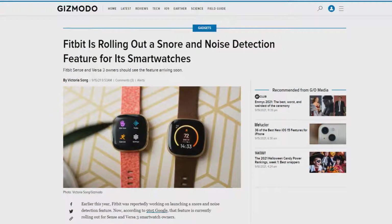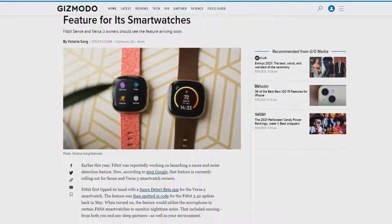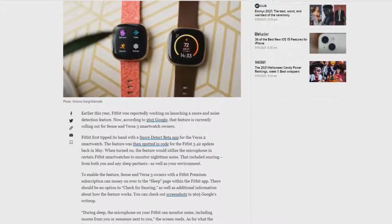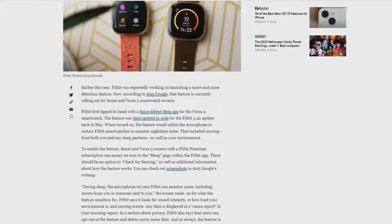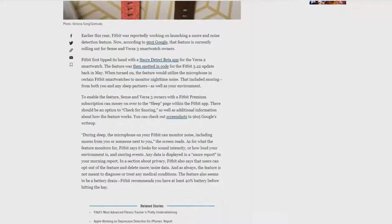They just simply die because of a lack of hypoxia. Yeah. So anyway, it's incredibly important, and that is why I'm happy to hear that Fitbit, which is a really good device for sleep tracking in particular, given its longer battery life than some of the other devices out there, are adding snore and noise detection overnight so that you will be able to, when you are tracking your sleep, get some information about your snoring and if there are other noises that you're making,